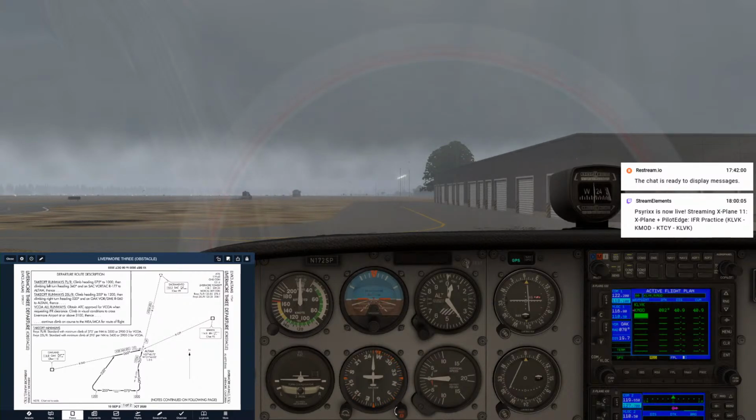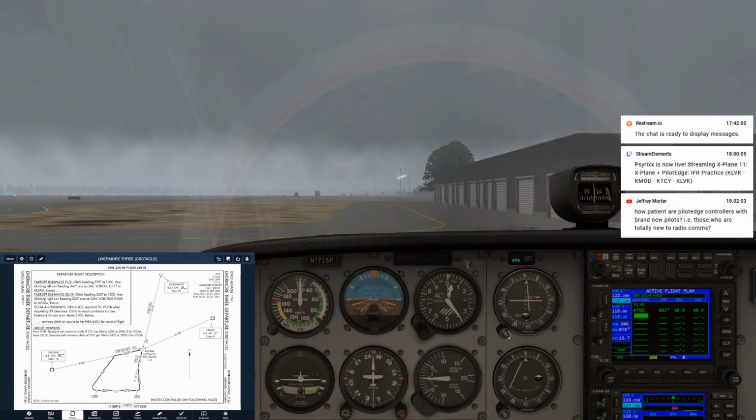And then we're going to intercept the Oakland localizer on the 060 radial. So let me actually get this to 060. There we go. Oakland Center, squawk, guide up. And then we'll fly that to Altam, and then we'll continue on course. And that'll depend on